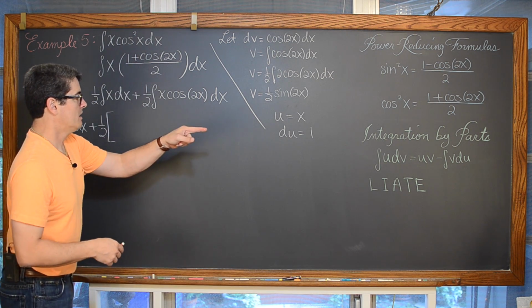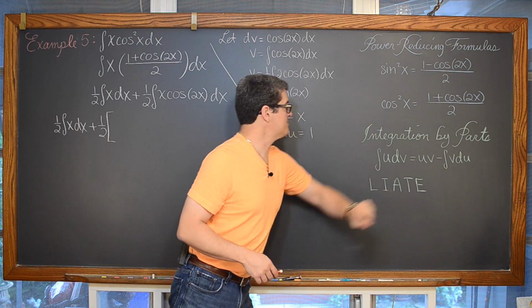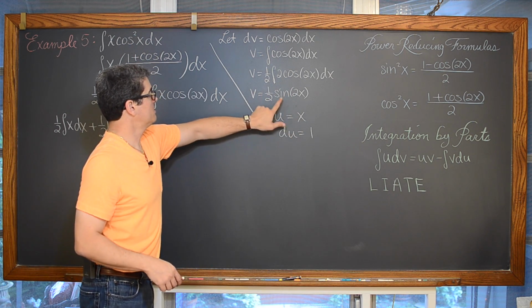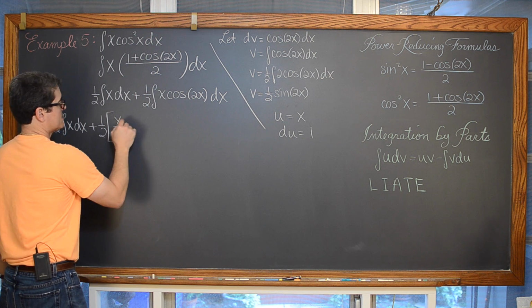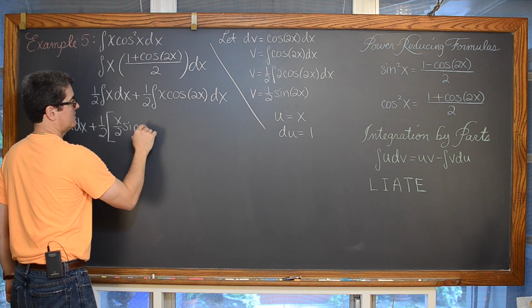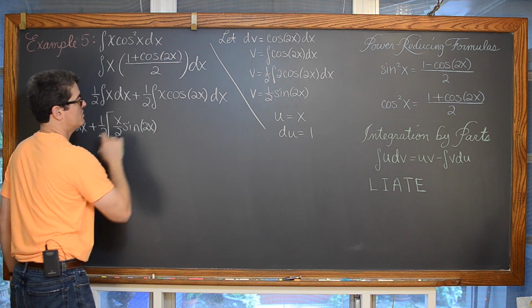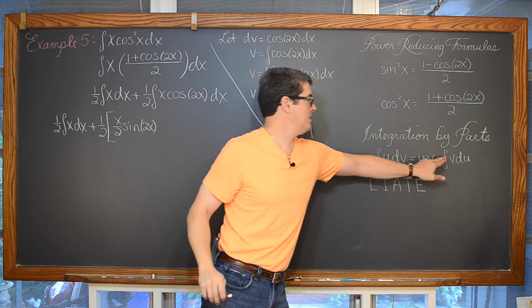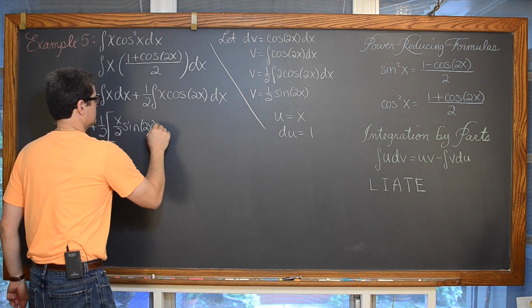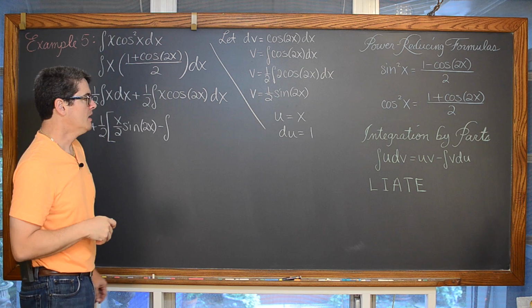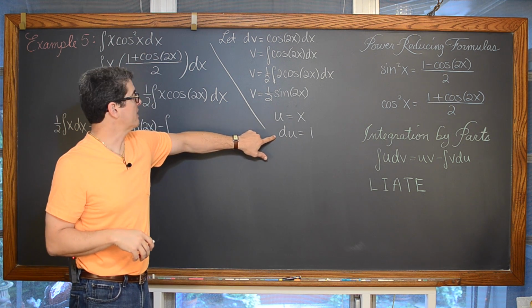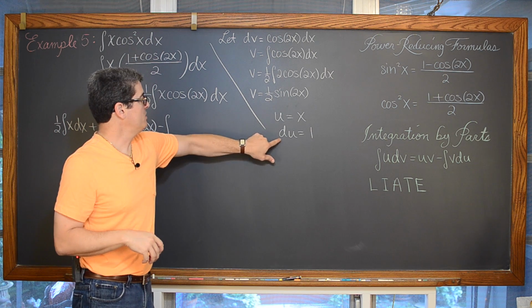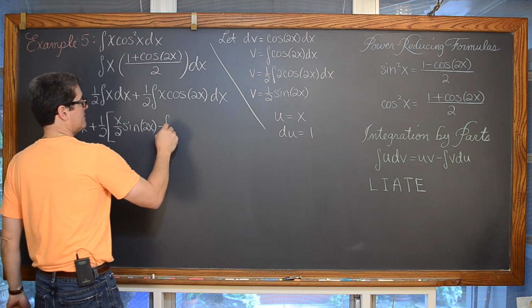So we're looking at u times v, so we're looking at x over 2 times the sine of 2x minus the indefinite integral of v du. Well, v du is going to be 1/2 sine of 2x,